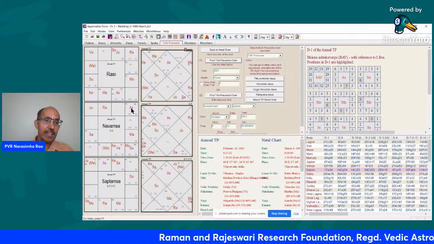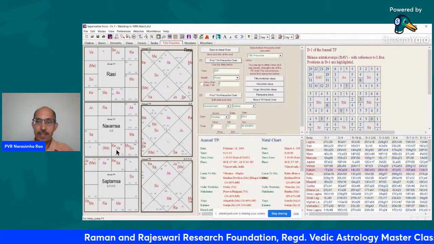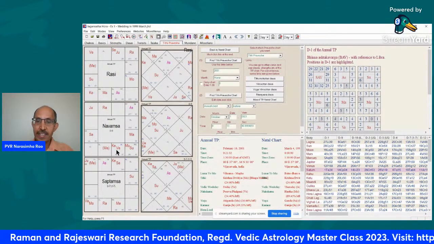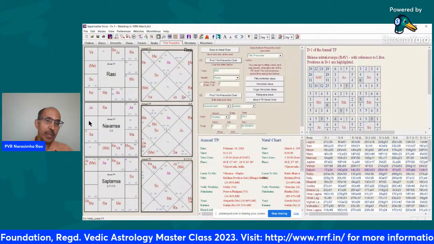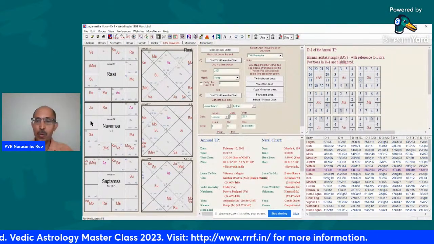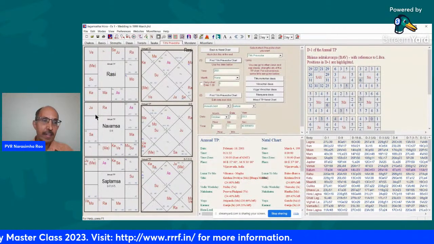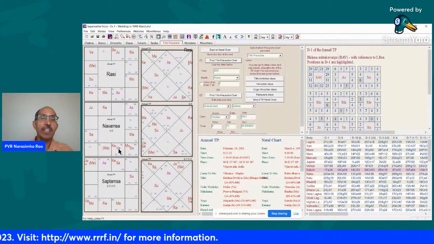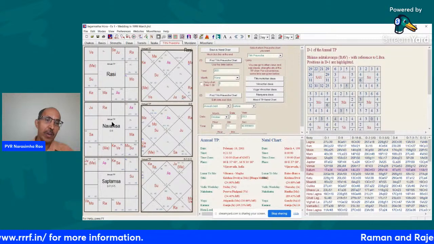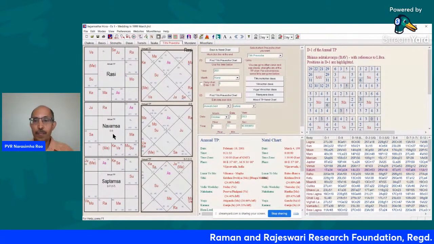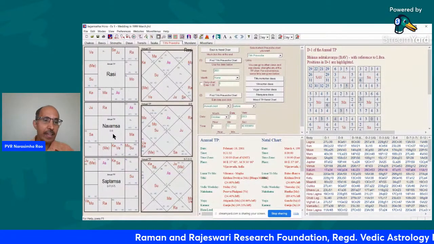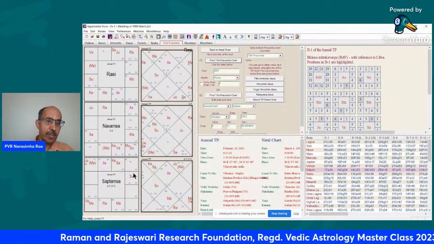And if you look at the Navamsa chart, the fifth lord Venus is actually in the fifth house in Moolatrikona. So that is a blessing. And also ninth co-lord Rahu is in the 11th house, aspecting Rahu. So there is a yoga between fifth lord and ninth lord, basically. And finally, actually, let's leave it. Let's look at the Saptamsa.